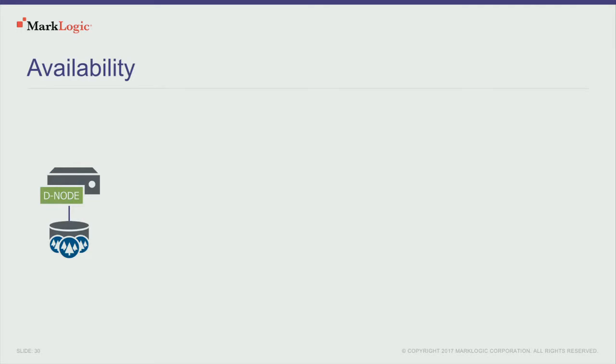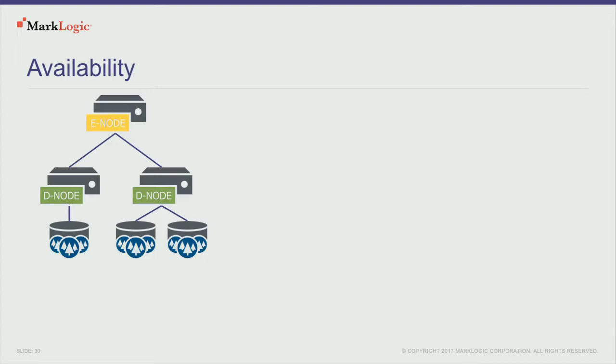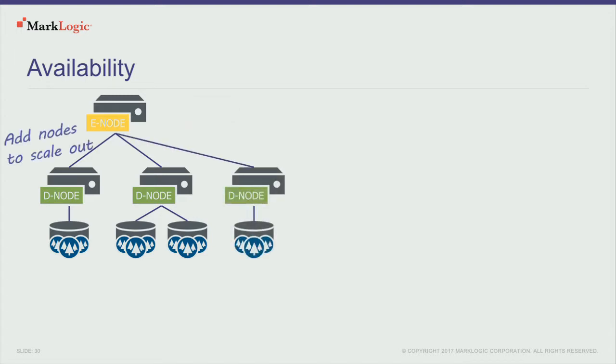And finally, in terms of security, we'll talk about availability. And again, that's having the data available when it's needed. Not just preventing unauthorized usage of it, but making sure that it's actually available. And this is really key, especially for operational applications that MarkLogic participates in. So, brief refresher about the way we deploy MarkLogic. So we're a distributed system. So the idea is that you can add nodes to scale out. And this is a great part of our elasticity story, but it's also a part of our availability story.